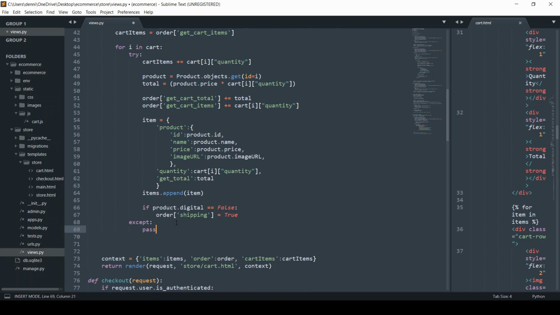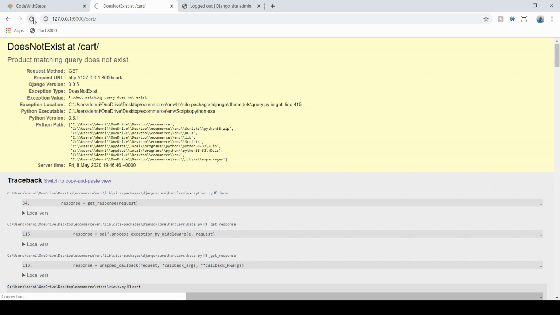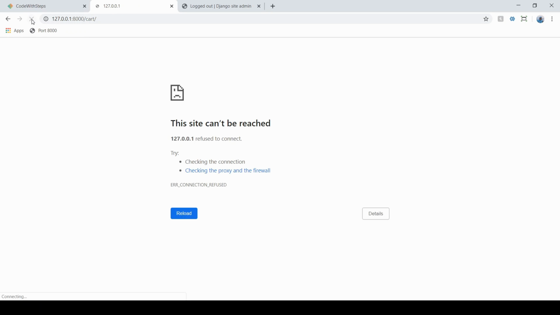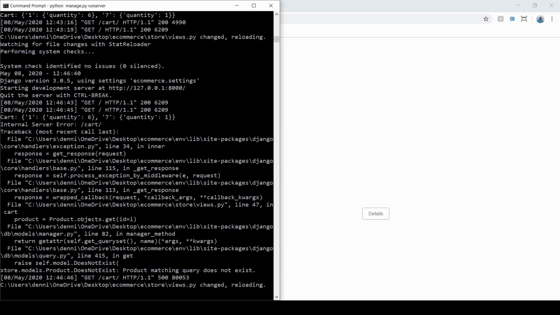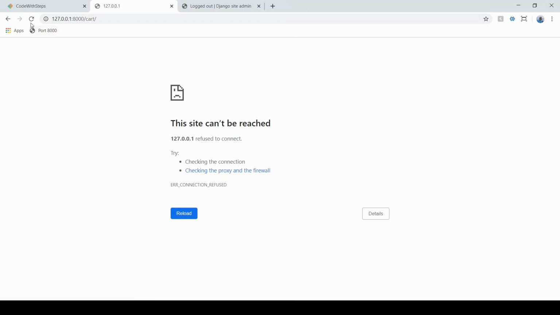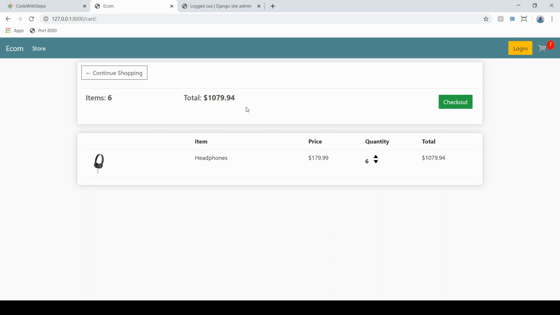So for now, we'll just do pass, and we shouldn't get an error. So now if I refresh the page, we should see our cart, but just without the product. So we might need to give this a second. Let's make sure everything's working correctly. And we'll hit refresh. So now when we're going into our cart, we're only seeing that one product and